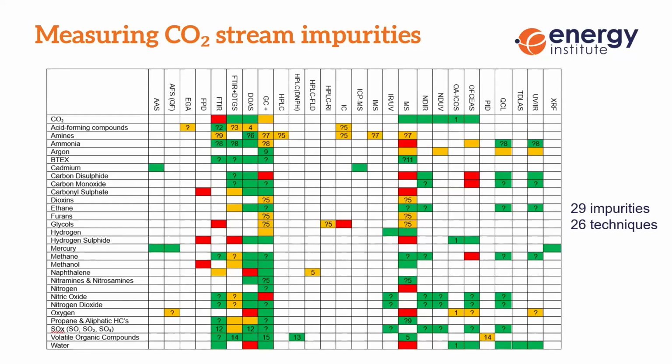If it's got a green with a question mark in it, it means that the equipment is theoretically available, but the primary reference materials that Mano was describing are not available to calibrate the equipment at the sort of levels that we're talking about. And if you look at the table there, you discover quite a lot of them have got question marks in. And that leads us to one of the conclusions that we'll come to in a minute.